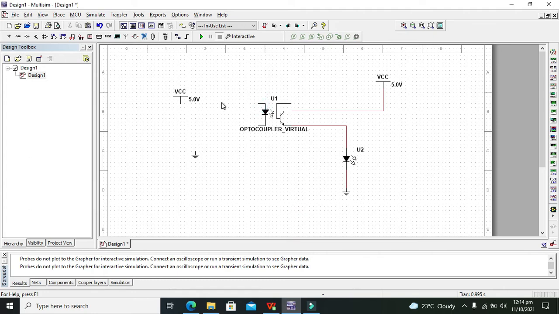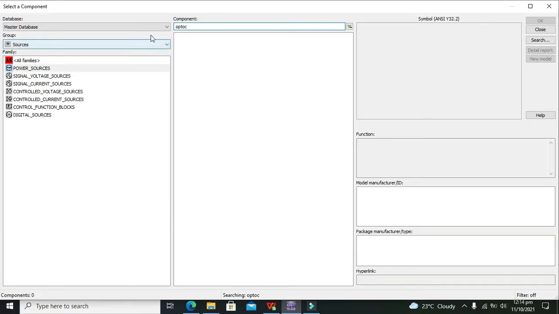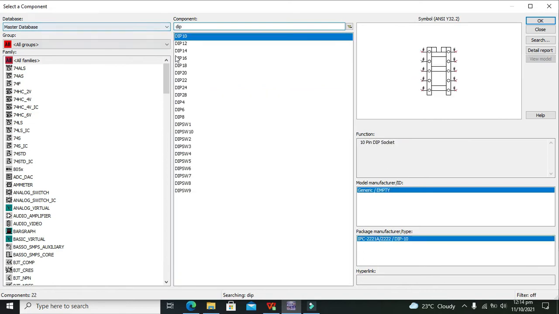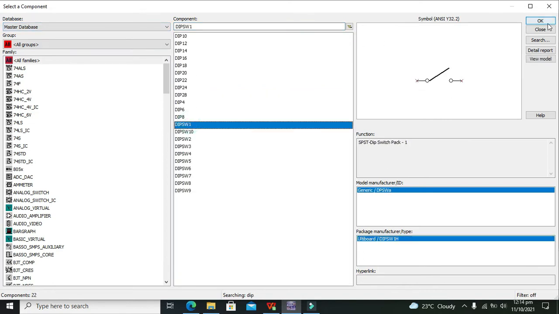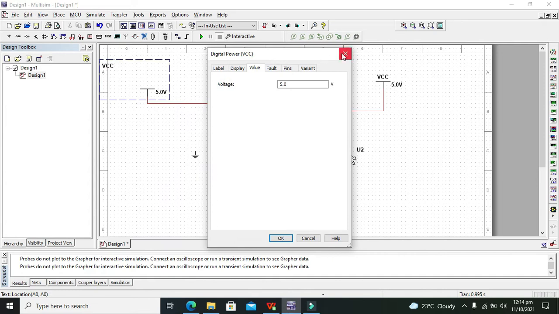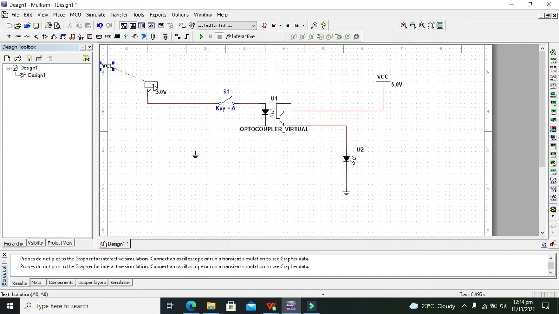Also, we need one dip switch because we want to turn the circuit on and off. So in all groups, we need dip switches. Okay, so dip switch 1, we will take it. It is a very simple switch which can connect two ends. So connect it like that and that. Okay, now also the other end of the optocoupler needs to be connected